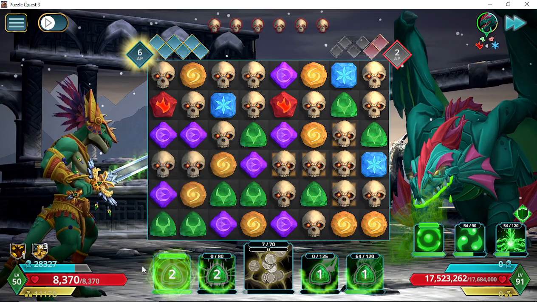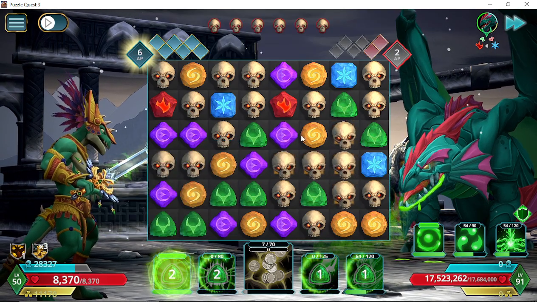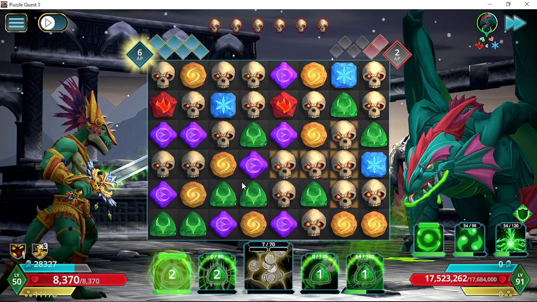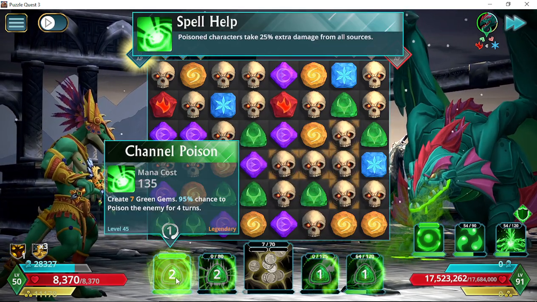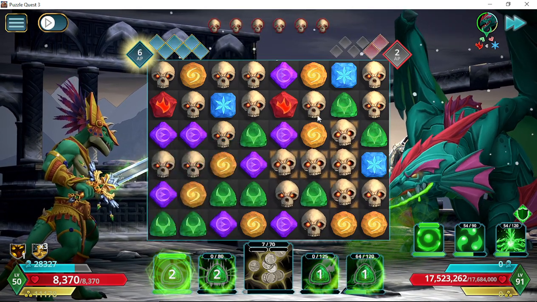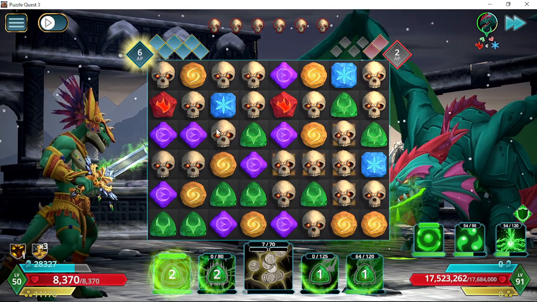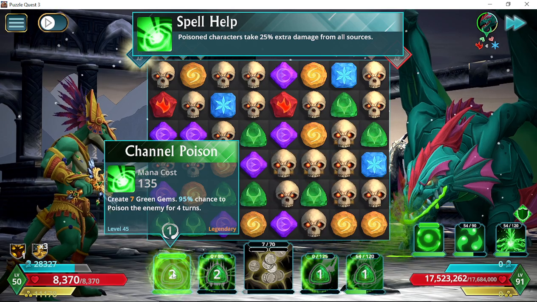Now, one thing I want to say before you cast this spell: if you're in a situation where you have a lot of skulls and you haven't matched them yet, it's probably smart to look at your skulls first before you pop this off. If there are a lot of big 5-6 in a row matches, you may want to lock those in place before you cast this, because what this spell will do